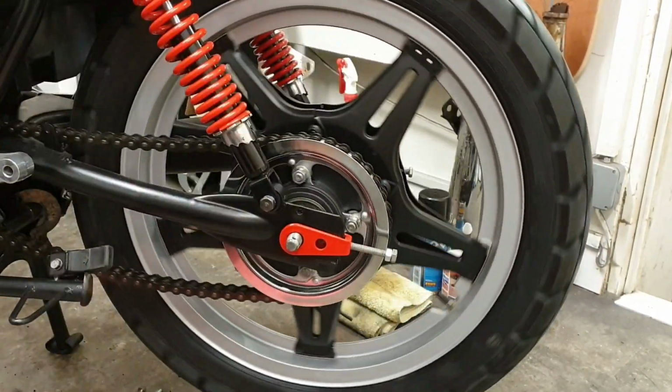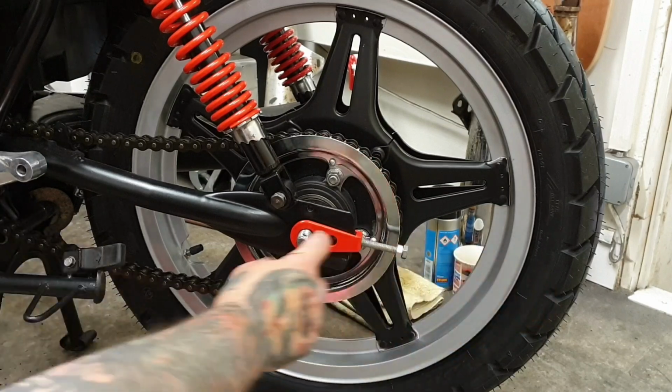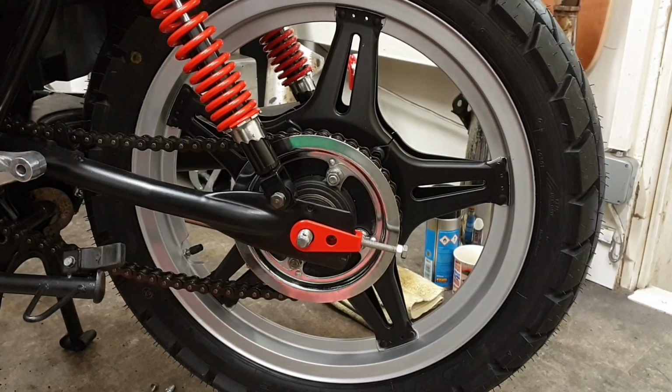So I need to tension the chain now by winding these adjusters in. That'll pull the wheel back, but I've not got a wheel nut yet, so I can only loosely adjust it really until I get our wheel nut to crank and tighten down on everything. I have to make a chain guard as well because I haven't got one. But if I show you the adjusters,